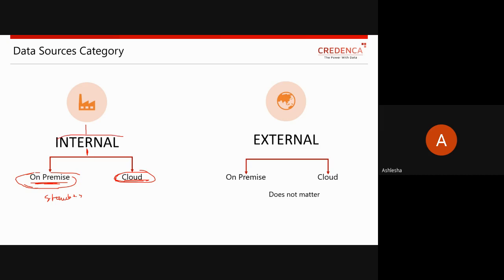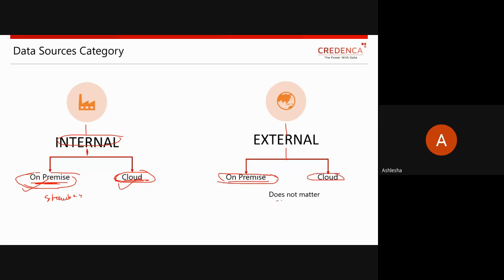So internal data you can maintain on premise or on a cloud, depending on requirement. Similarly, external data, which is maintained by Facebook, YouTube, Twitter, Insta, they also can have the facility to maintain their data within premises or on a cloud.